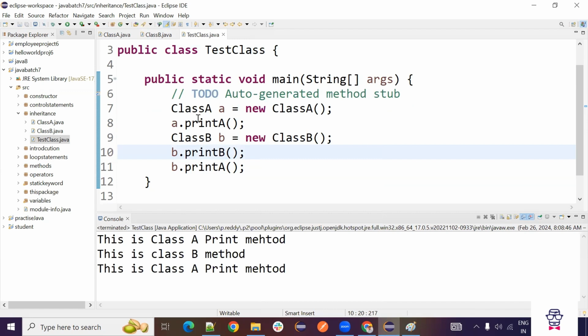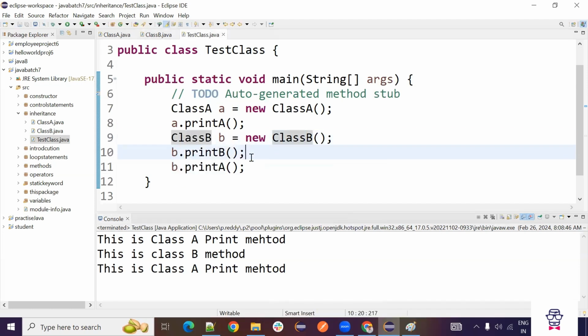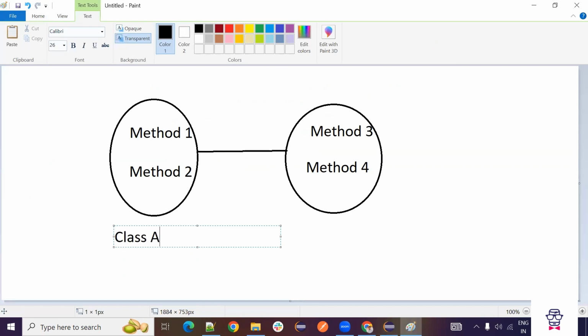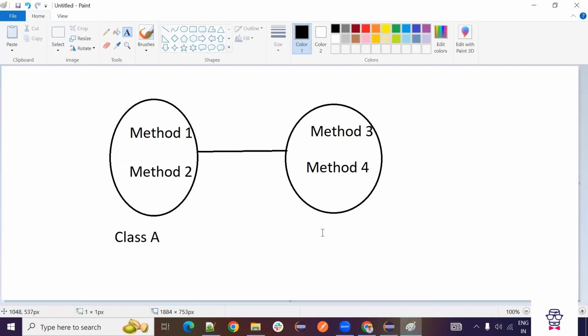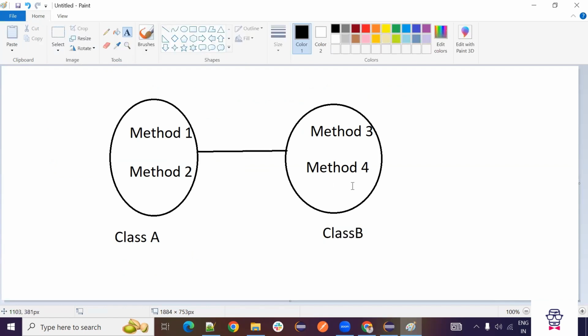So now first it will call that method. This will be printed. This is normal. Here we are creating the object for class B, but still we are able to call the class A method as well as class B methods. From both the classes, we are able to call everything. This is class A in our example, and this is class B. So we are able to access class B methods as well as class A methods. That's how inheritance works.